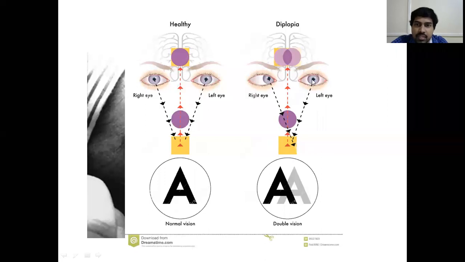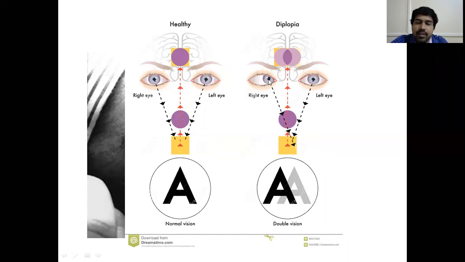So this fovea of this right eye has one x, y, and z value, and this fovea has also got an x, y, and z value. Usually in the normal case, the x, y, and z values of the fovea of both eyes will be the same points. That's why you think that the object is located at the same place in space. But here, this image is falling on the fovea of this left eye. It will be present at the 0 point of the x-axis, y-axis, and z-axis.